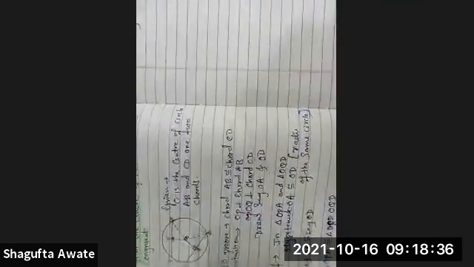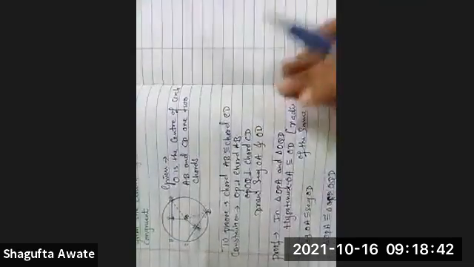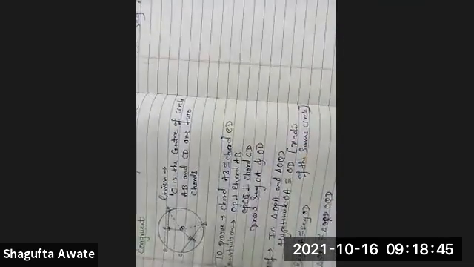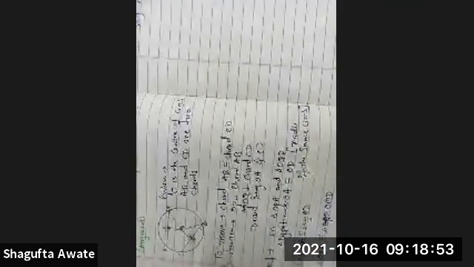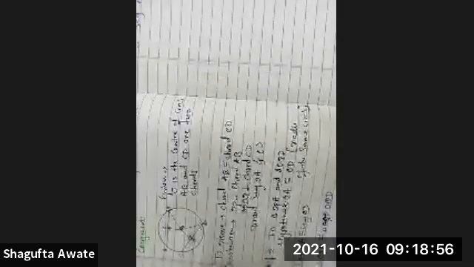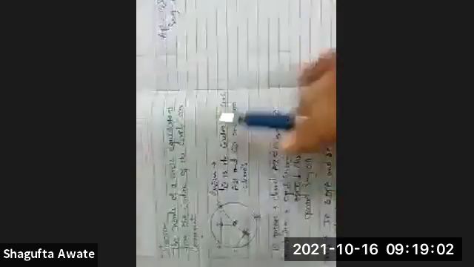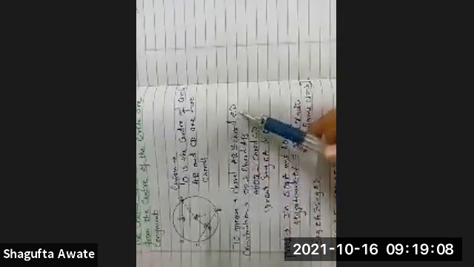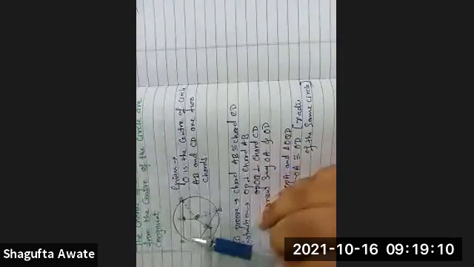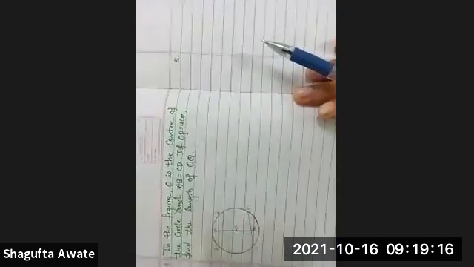So, taking the two theorems: the first one, congruent chords of a circle are equidistant from the center of the circle, and from this we learned that chords of a circle equidistant from the center are congruent. Hence we have proved what was asked: chord AB is congruent to chord CD. Moving on to the solved example from your textbook.